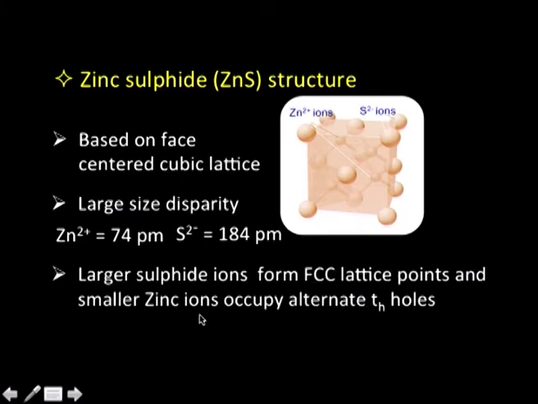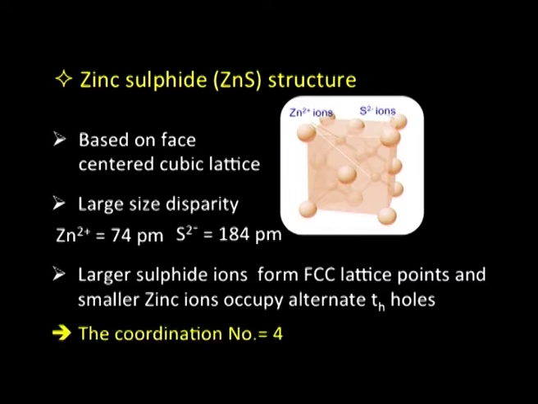And the structure is such that the larger sulphide ions form the FCC lattice, the main lattice, and the smaller zinc ions occupy alternate tetrahedral holes. That is very important. If you recall from our earlier session on solid state, in case of an FCC lattice there are as many as 8 tetrahedral voids in one unit cell, and out of the 8 tetrahedral voids, only 4 are occupied in case of zinc sulphide. And that means, since there are 8 tetrahedral voids, every alternate tetrahedral hole or void is occupied in this